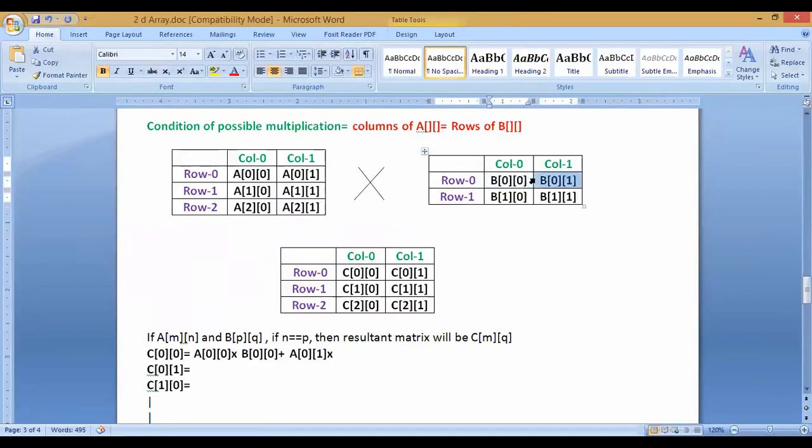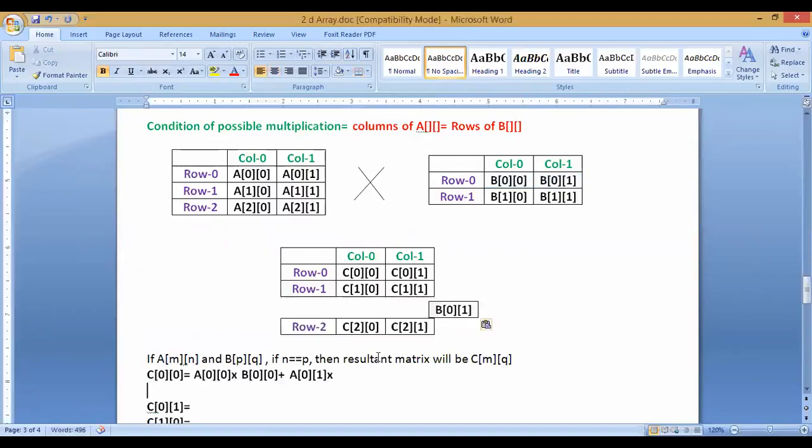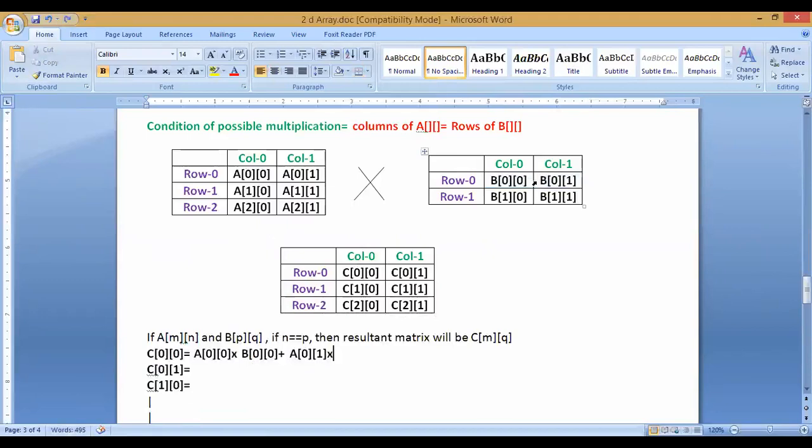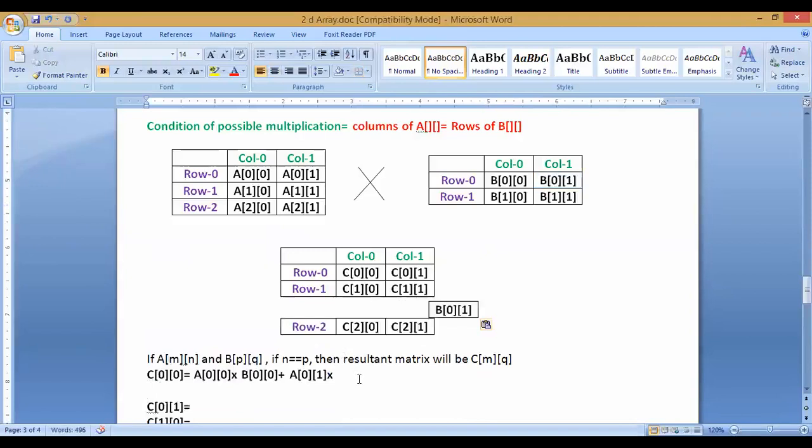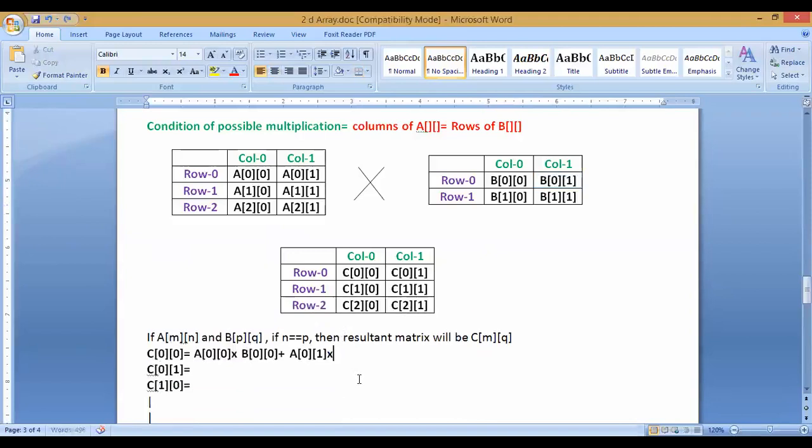A01 is multiplied by this, actually it is B01... sorry, B10 it should be, right?